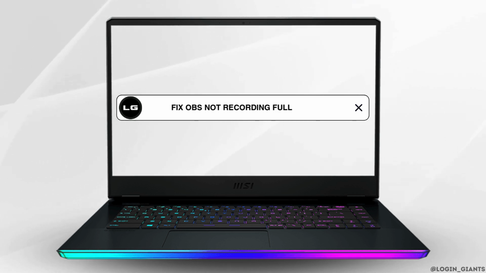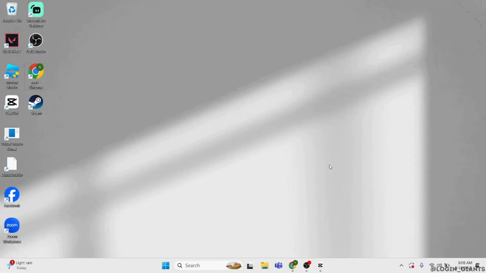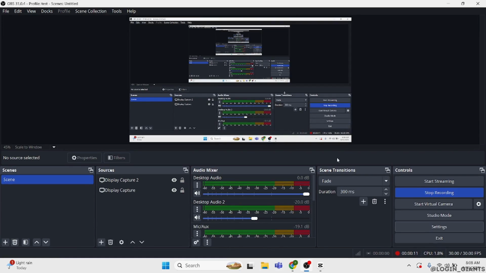Today's video I'm going to show you how to fix your OBS Studio not recording full screen. So first things first, launch your OBS Studio. As you can see, I'm currently recording this video, and if you look at your sources, you will see